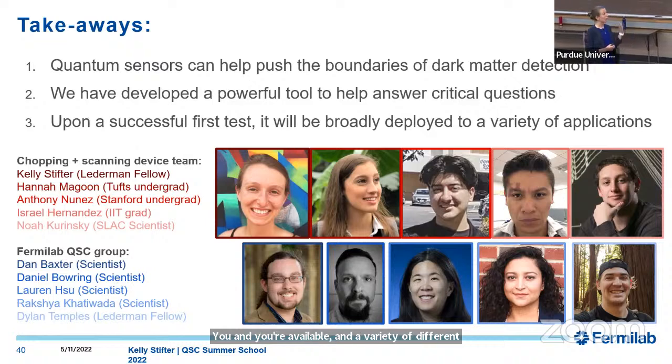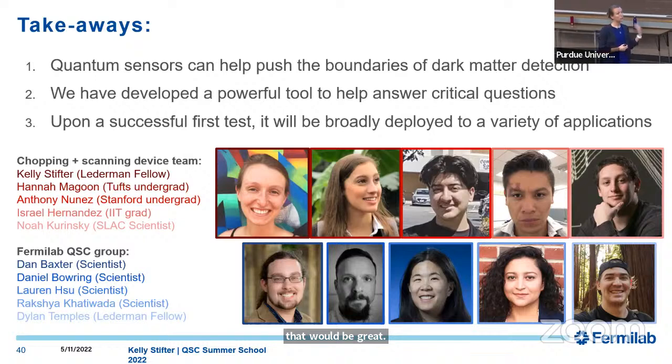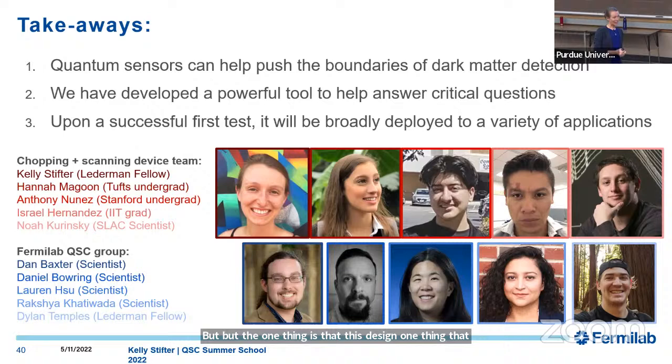But one thing we're really happy about with this design is that it's not that expensive, and it's very, very easy to run. So we're hoping that it's really going to be plug and play, right? We can deliver this device to a new lab and they just get to run with it, rather than having to set up a whole bunch of expensive lasers or other things. So there's certainly room to improve in the future, but this is what we're starting with.